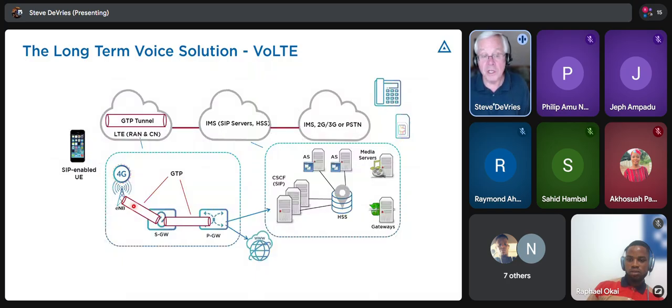The SIP message gets carried inside that tunnel. The SIP message gets handed off to one of these SIP servers here, and that handles the call. So you're absolutely right. The two ways that you handle circuit services in an all IP network is either you fall back to the 2G, 3G, or the long term is you use your IP multimedia subsystem.